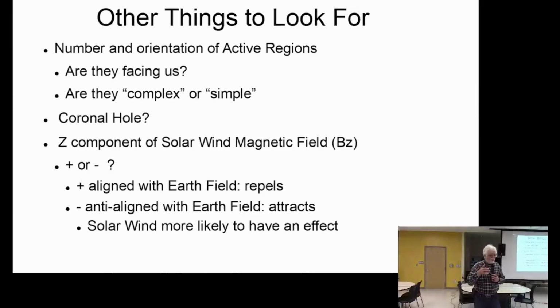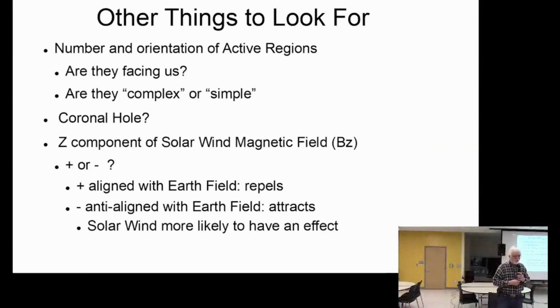If the magnetic field is in the same direction as the Earth's magnetic field, or has the major component of it in the same direction, it's like putting two magnets with north poles together and they repel. So the material tries to come in and it has a lot harder time because the Earth's magnetic field's trying to bounce it out. If it's anti-aligned, that is, if it points south, which is negative, then it's the opposite. It's welcomed in. It's attracted by the Earth's magnetic field, and it gets sucked through and causes a lot more